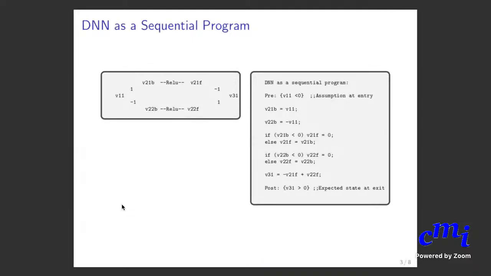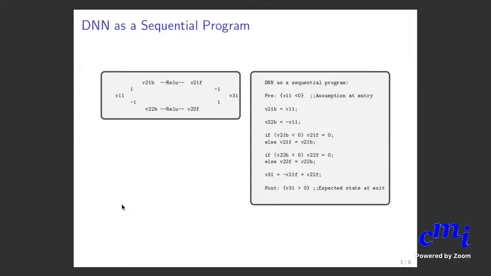Now I want to take a program verification point of view. There are lots of examples in the slides, the presentation that I'll be uploading, which cover the whole logic from a more formal program verification point of view. Here, since we are looking at it from the DNN side, I'm treating the DNN as a program and seeing how the same verification can be done while treating it as a program.